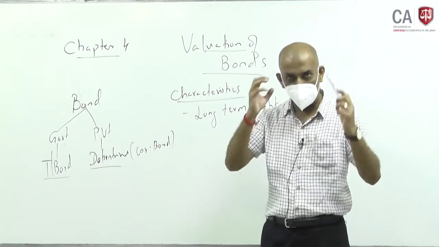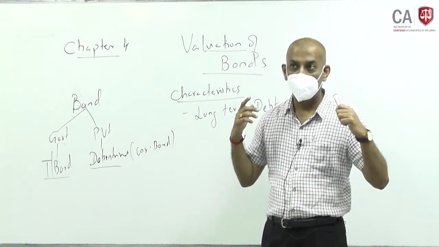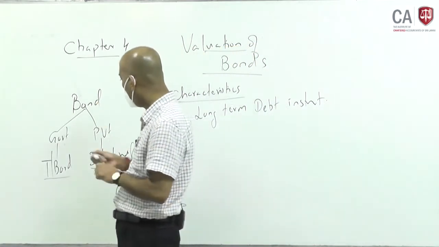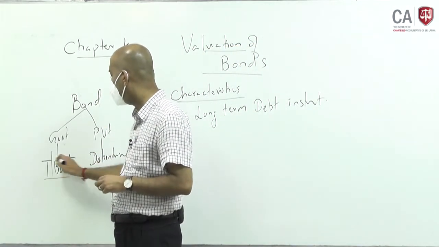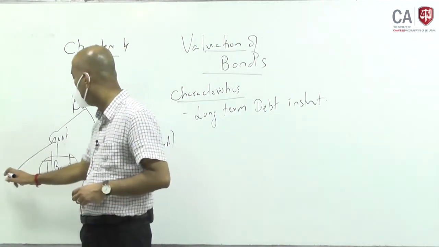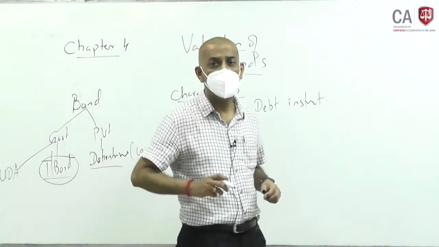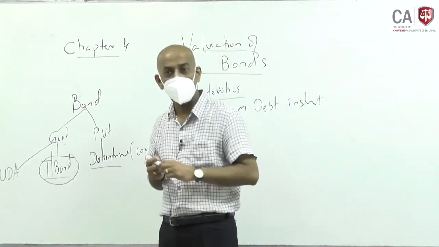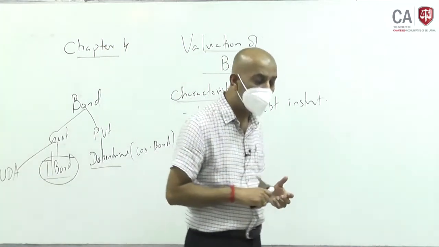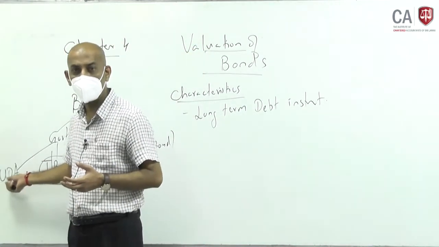So, that is a basic thing you need to get into your mind. It can be a long term debt instrument with a long term nature. In the issue of this, the government, generally we all know that treasury bond is common, but even under government you would have seen there are bonds issued by UDA in Sri Lanka. Urban Development Authority, you can see that they have issued bonds, because when they wanted to develop a certain area or to do a housing project, the UDA was issuing a long term bond and raising money